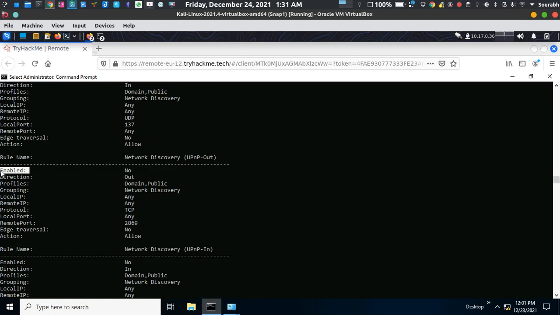The state, whether enabled or not, is shown as no or yes, and the action is allow or block. It shows whether your firewall is monitoring these services or not. It means that if any vulnerabilities or misconfiguration happen on those services, the firewall is going to give you protection.